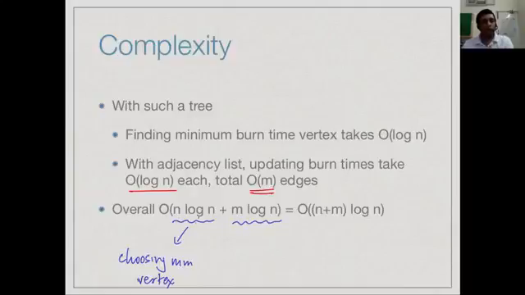So we have n log n for choosing a vertex, and this is for updating the distance. Right? So overall, our algorithm becomes (n + m) log n. Remember that in a graph, n + m is really the size of the graph. So this is really an n log n algorithm, as opposed to the